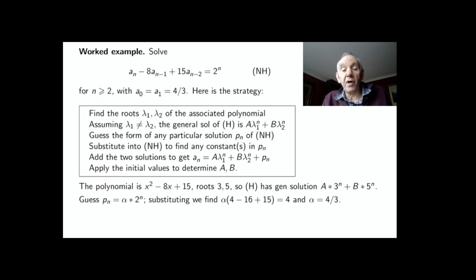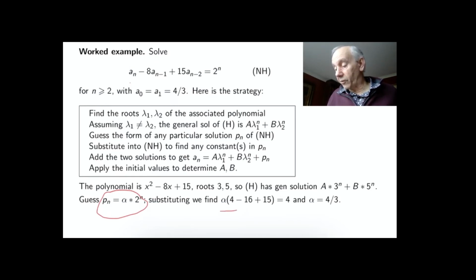and it's easy to find what alpha is, because we just substitute Pn in place of An. When I say substitute in, I mean we replace An by Pn. So we just put alpha 2 to the n here. And what we're going to get,